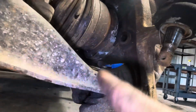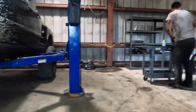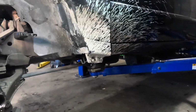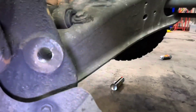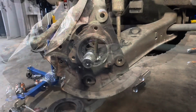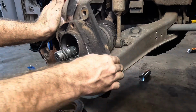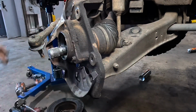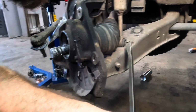All right, let's go around to the other side over there and try to get that last third one out of that hole. Yeah, it's that one right there. Oh, that thing's stiff too. Okay. Even with the steering disconnected, I can barely turn this. Oh, that's tight. Now, how about that